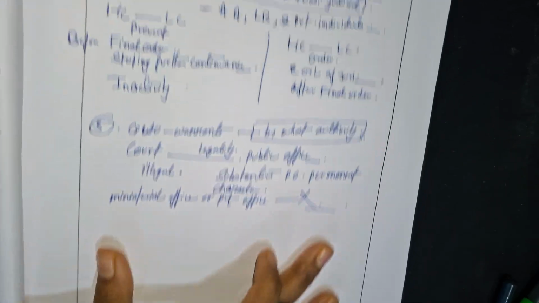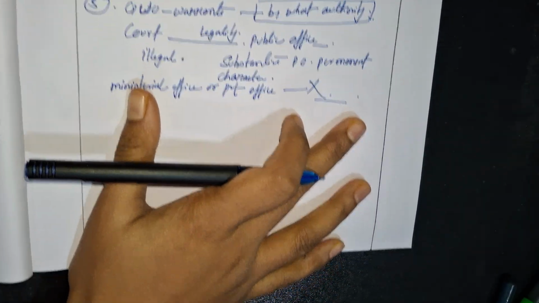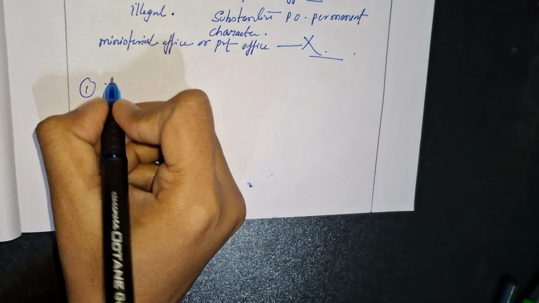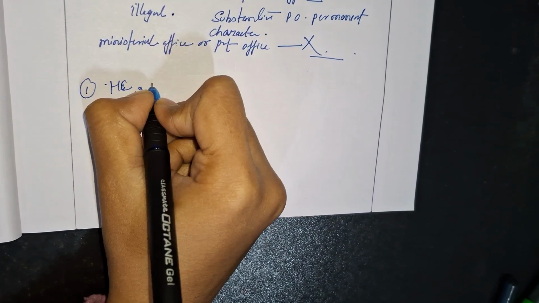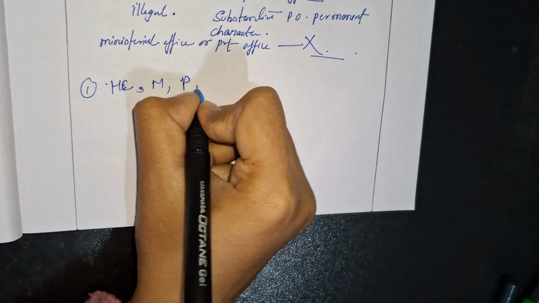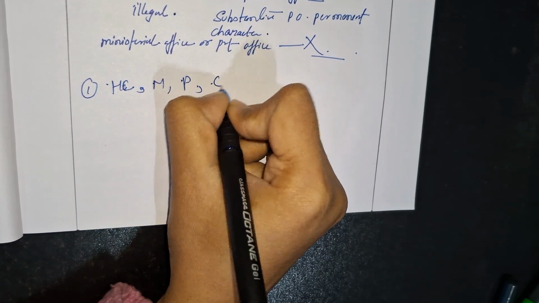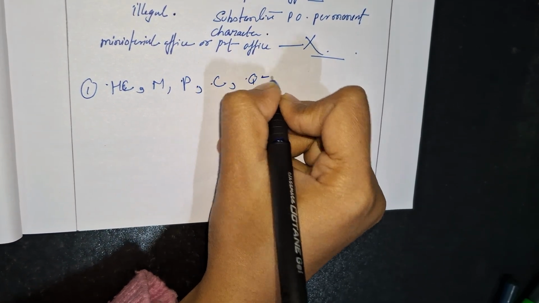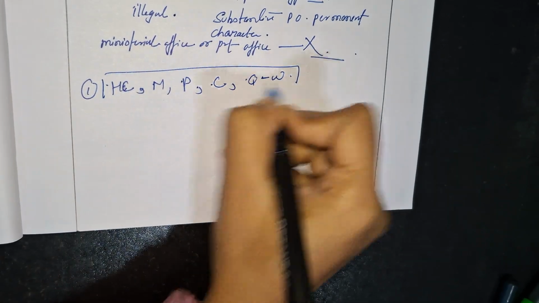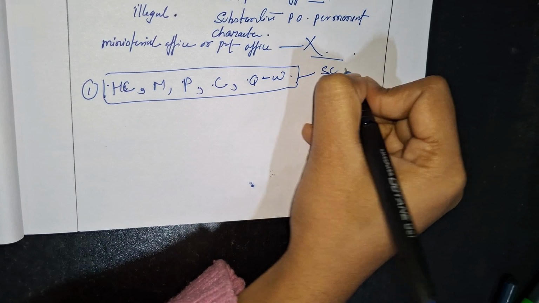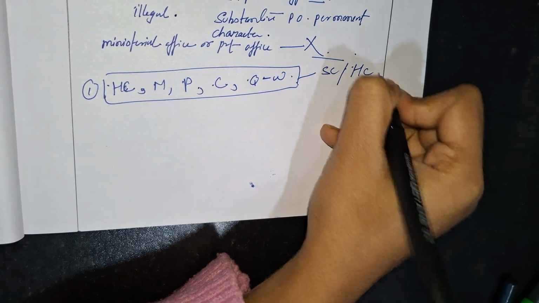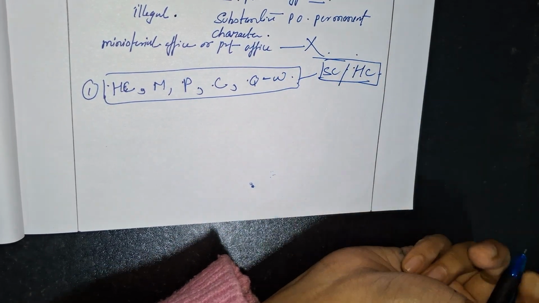So here our writs end. How many writs did we study? Five. First one is habeas corpus, second one is mandamus, third is prohibition, fourth one is certiorari, and fifth one is quo warranto. Writs issued by Supreme Court and High Court. Article